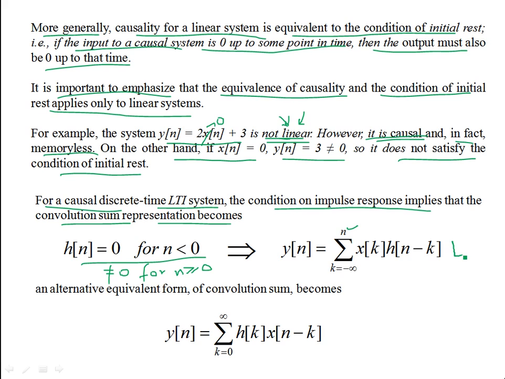This now represents a linear time invariant and causal system. There are basically three qualifications associated with the system: linearity, time invariance, and causality. Now, an alternate equivalent form of the convolution sum comes from comparing these two convolution sums, and you'll see that it uses the property of commutativity. The convolution sum is commutative, so it doesn't matter what is convolved with whom in what order.